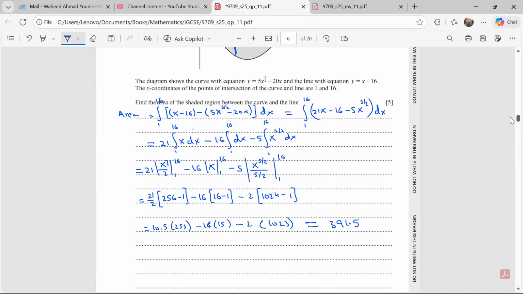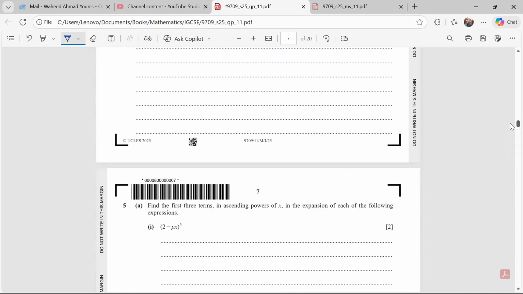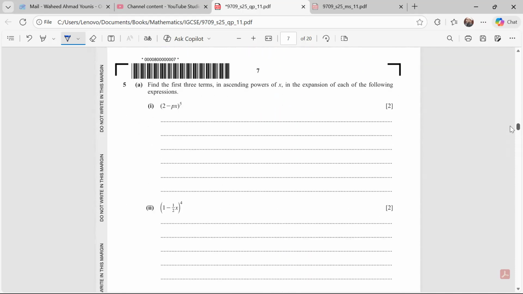Okay, easy. This was question number 4. Okay, so now let's do the last question for this video. Find the first 3 terms in the expansion of this one. I will use the binomial theorem. So 2 to the power 5